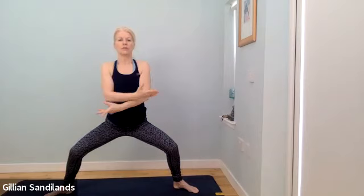We draw the knees back a little bit. We draw the shoulders back over your hips. Relax the shoulders. Well done. So either stay here, just in this goddess pose, or when you're ready, on the inhale, we'll start